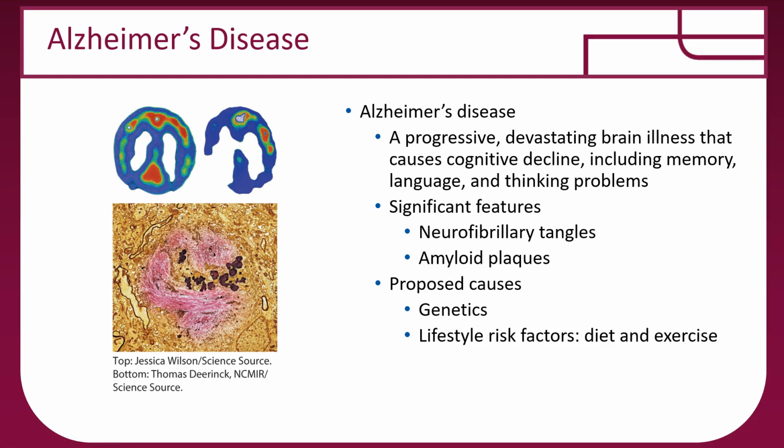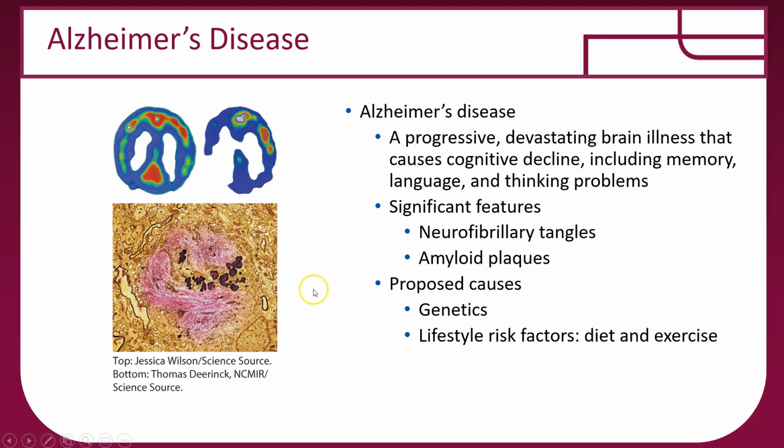Now, unfortunately, those are pretty hard to see in any kind of scan. Typically, we can only get a definitive diagnosis of Alzheimer's disease post-mortem, but we know the typical cognitive and memory problems that we see in individuals with Alzheimer's, and so we often make the diagnosis when we see that typical